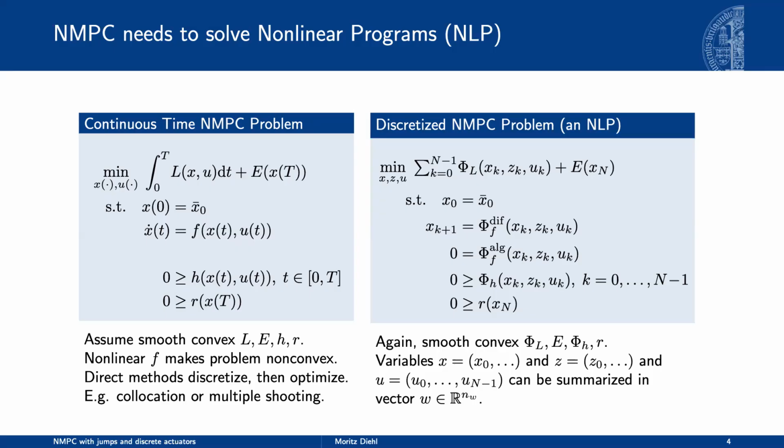And then the whole problem would be convex if the system F would be linear, but it isn't. Yeah? And the system F is nonlinear, and that makes the whole thing non-convex. So now we apply any of our preferred discretization methods. And if you go to the right side of this picture, we see now a discretized form of the problem